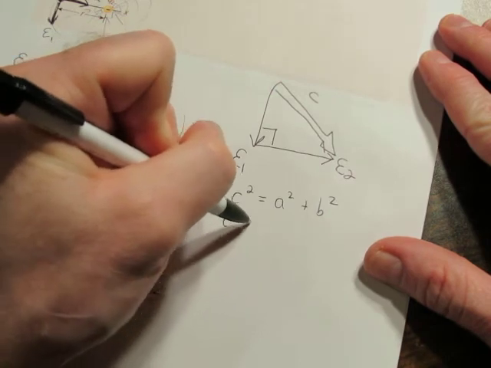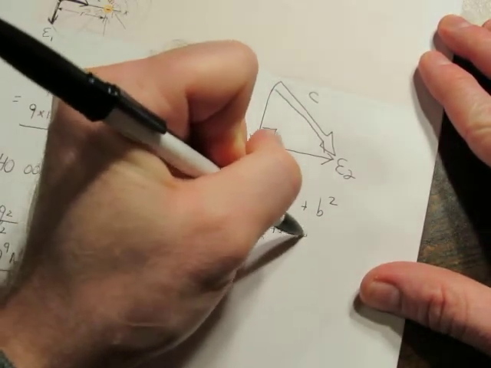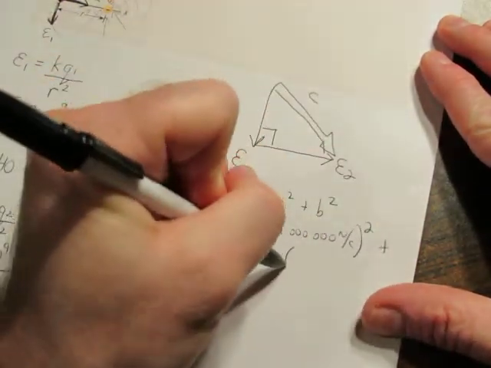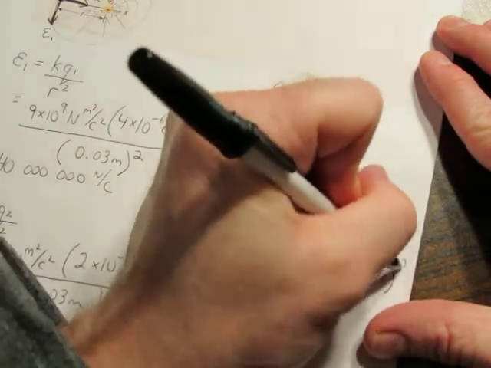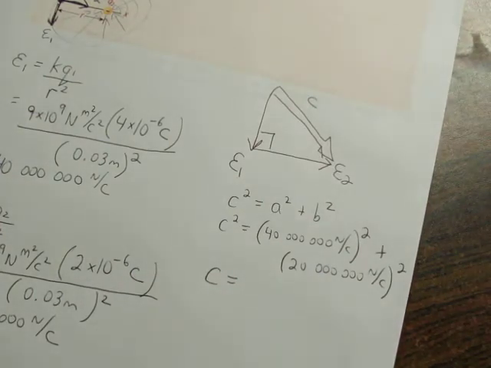And this is going to be a pain to write it all in here, but I am going to take 40 million newtons per Coulomb, square that, and add 20 million newtons per Coulomb, and square that, and get a final answer in the end. So let's see, 40 million squared plus 20 million squared, and a root of that answer in the end. That comes out to